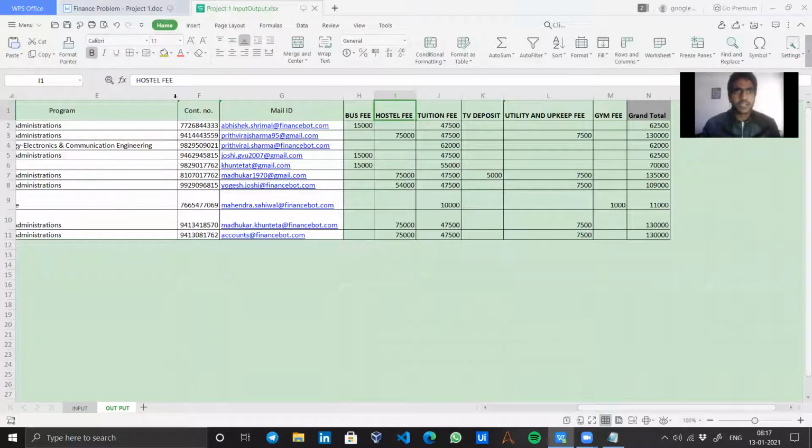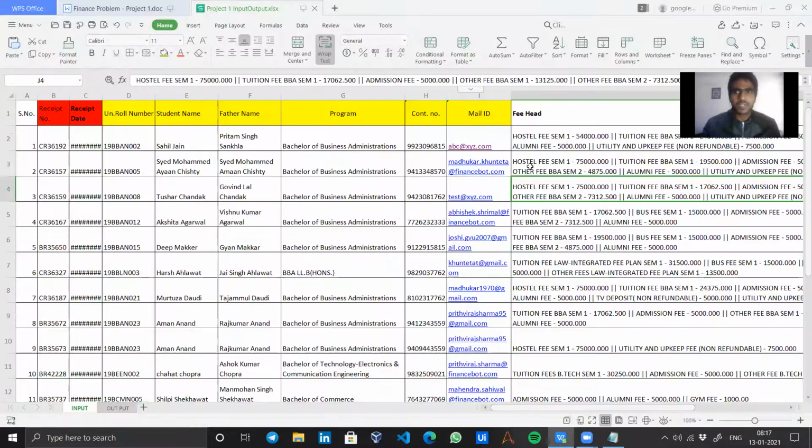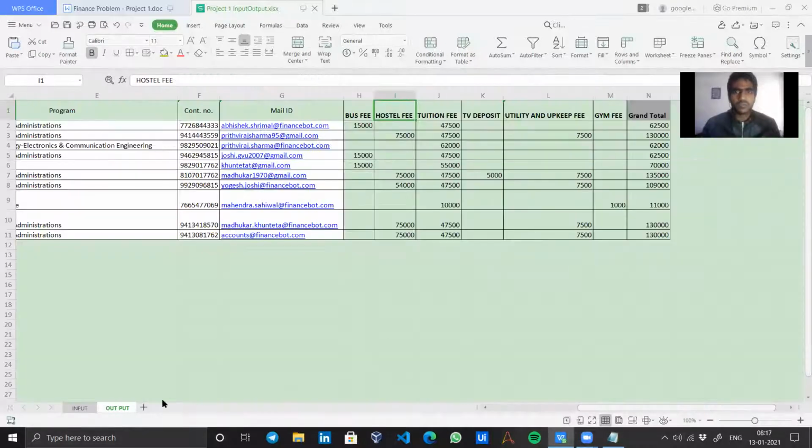So if in the input the fee has hostel fee written in the starting, then the amount should come in the hostel fee column. If it's TV deposit written, then it should come in the TV deposit column. Okay,